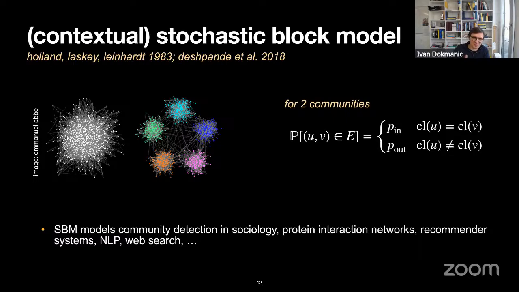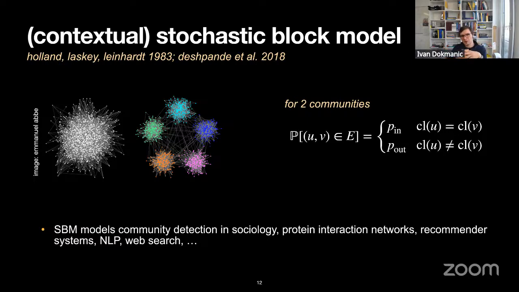Now, I guess a lot of you know about stochastic block models and their contextual versions, so just a few words. Stochastic block models go back to the early 80s. They appeared in many different communities like social science and computer science, somewhat independently. A stochastic block model is sort of a GMM: a stochastic block model is to the Erdős-Rényi random graph what the Gaussian mixture model is to a Gaussian. An Erdős-Rényi random graph has pairs of nodes connect independently at random with some probability p.